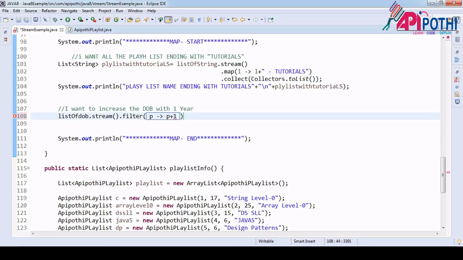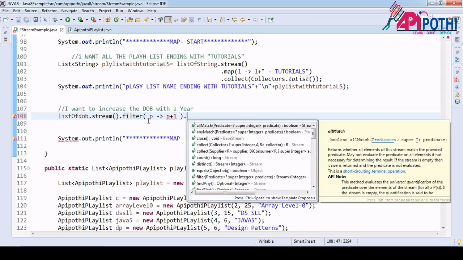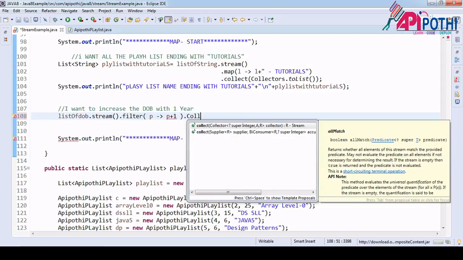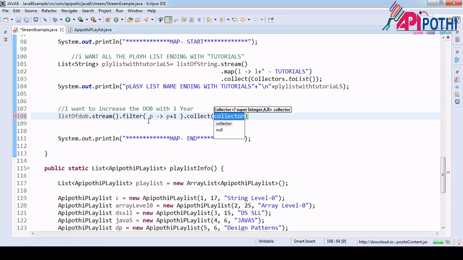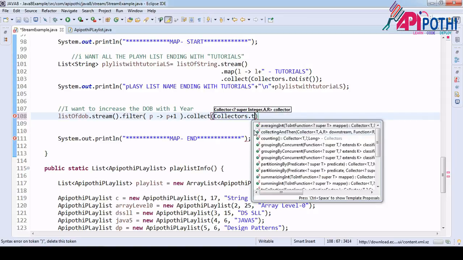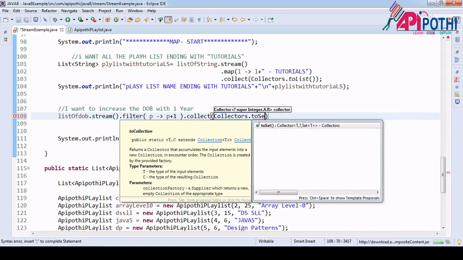Done. That's all. Now after doing this, where do you want to collect? So this is the collect. Collectors, sorry, here is the S. I want to collect this inside the set.